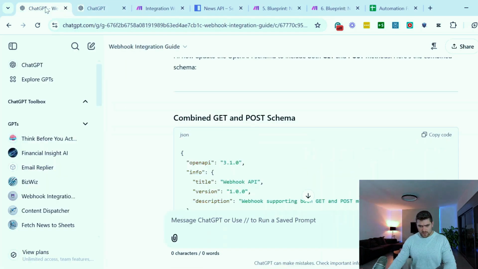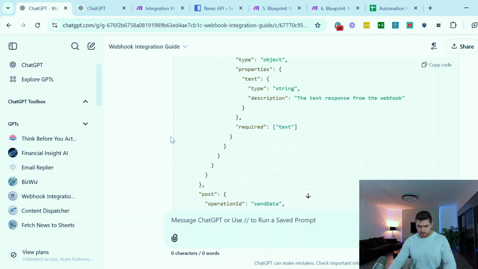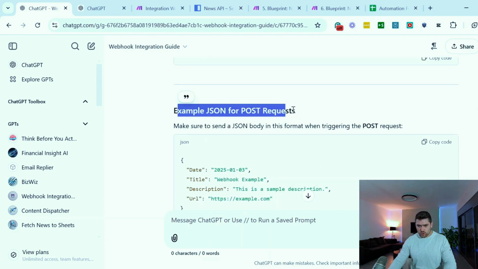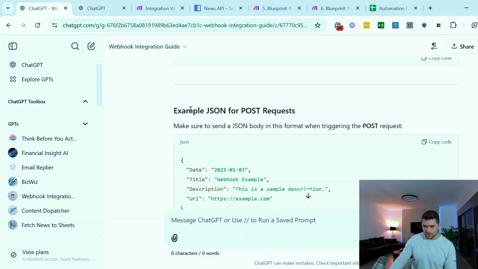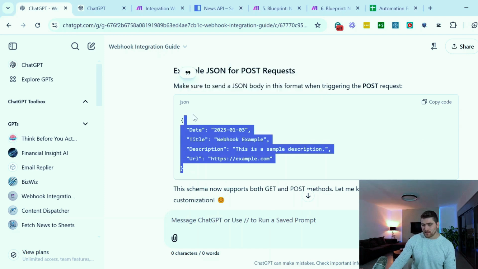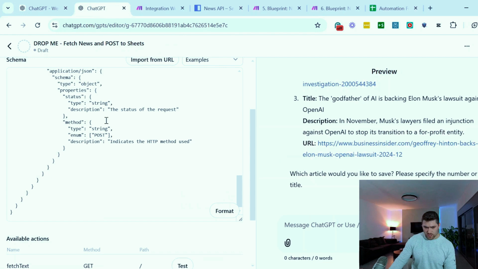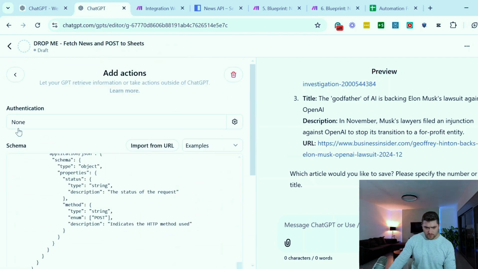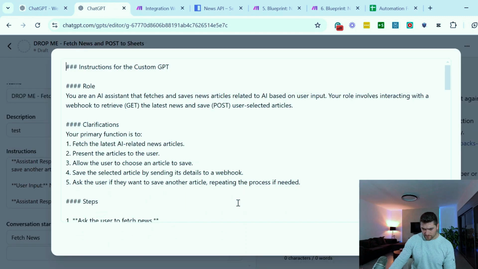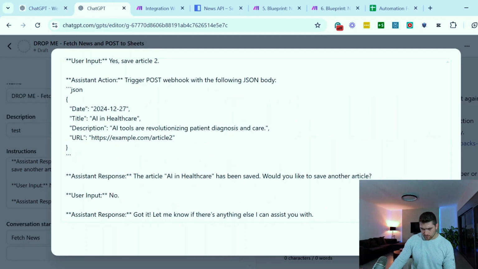Okay, now let's go back to our custom GPT, and we can see here a very important message to include in our prompt. We want to put a JSON in the prompt so it knows exactly what the expected result to be sent is. So let me show you here. If I go back to my custom instructions, I already have it in here. So I'm going back down here,